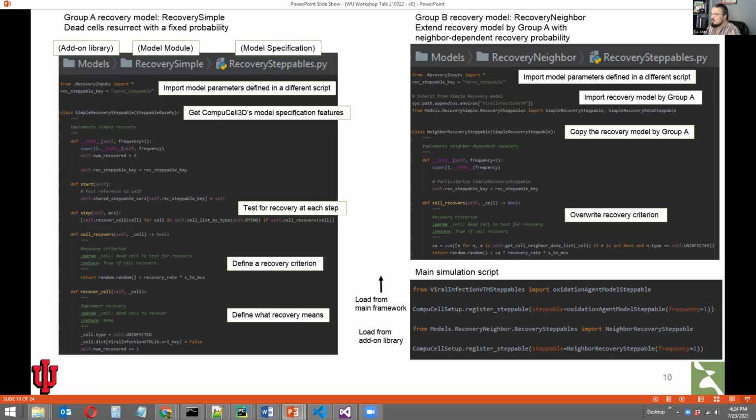So here the second group is taking the steppable defined by the first group and using everything according to the first group's work except the recovery criterion. This is all of 20 lines, then just loaded into CompuCell. No problem.